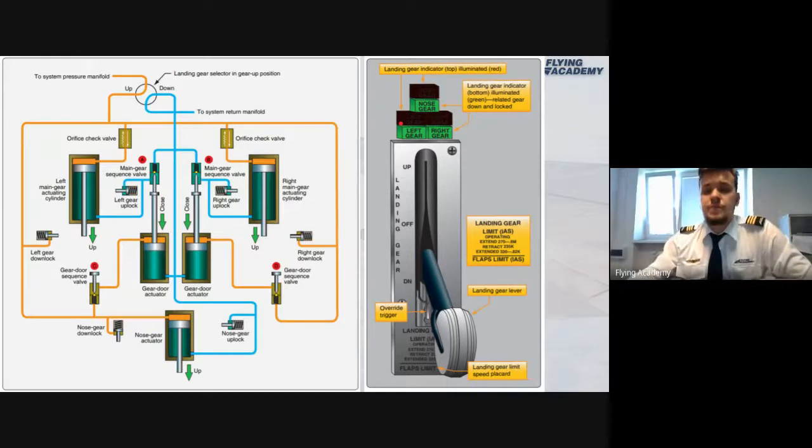In case I perform extension of the gear, so I will move it from position up to position down. Initially, again, I will have 3 red lights which will represent that my lever position and position of landing gears are different. And at the moment when my landing gears reach the down position, the red lamp will switch to the green one. Practically, that will look approximately like this.